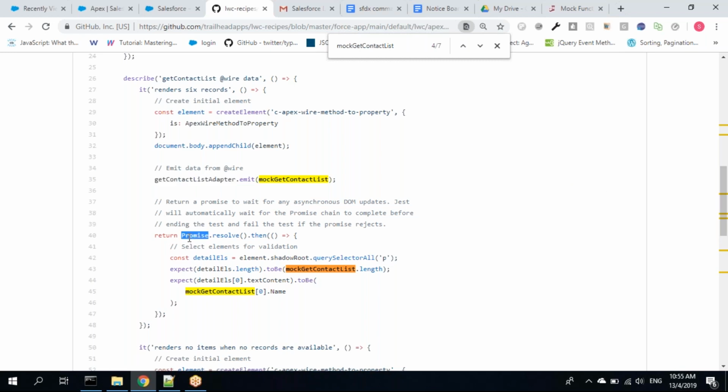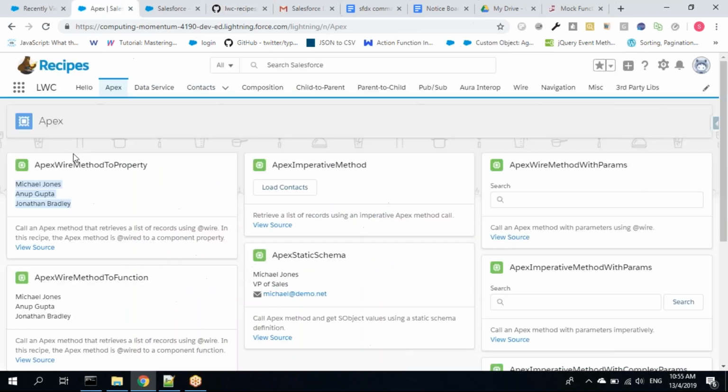Then you are waiting for some time. Okay. Promise.resolve().then. Why? Because these are all asynchronous updates. Until the asynchronous updates are done, you are waiting for some time. Okay. So the page is partially refreshed, this part of the page. So here until it is completely refreshed, you are waiting for some time. Then